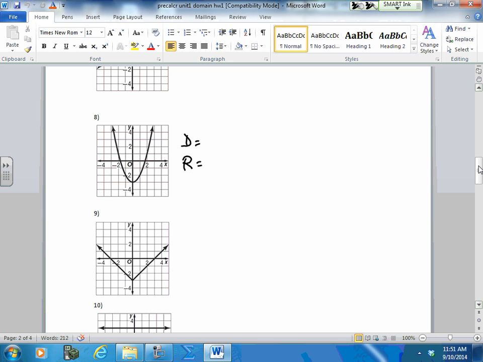Okay, let's try. What did you get for the domain? Negative 2 to 2? Now, if this was like a solid dot up here, yeah, but it's got arrows that